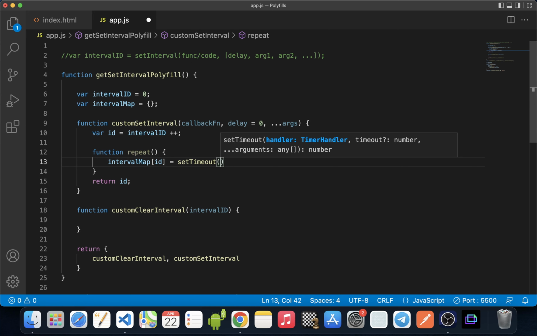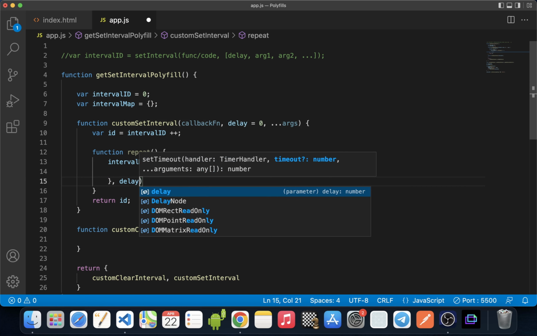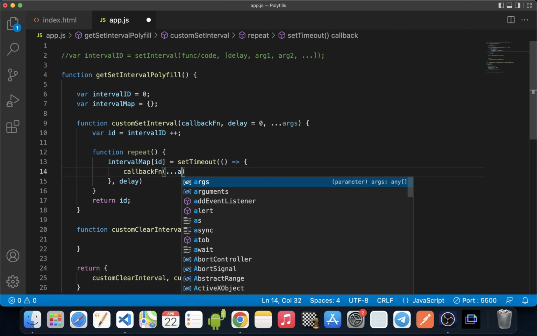Inside set timeout, it will have a callback function and a delay that was passed to us here. Along with all the arguments, inside this callback function, we'll just call our callback function and pass it all the arguments that can be passed to it.